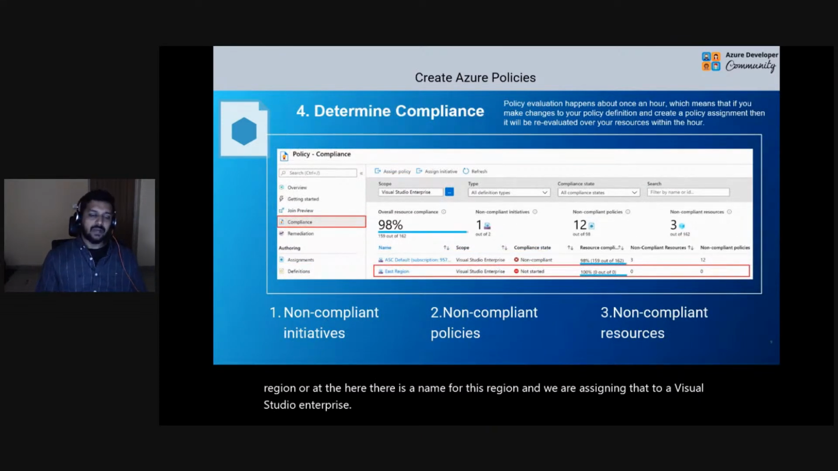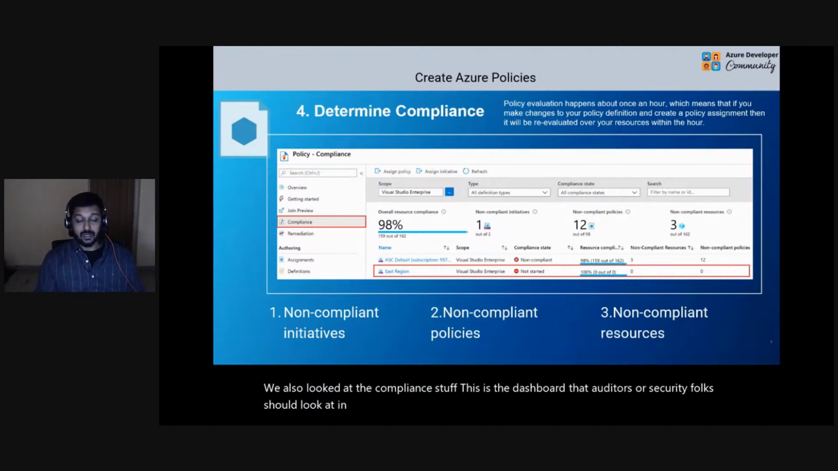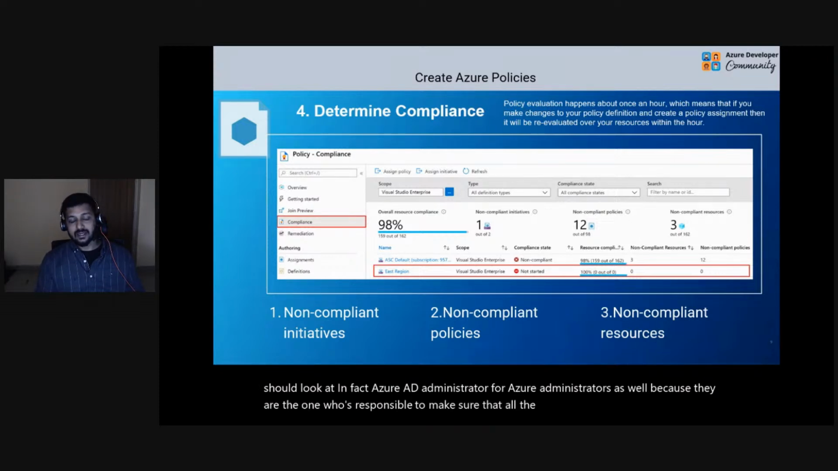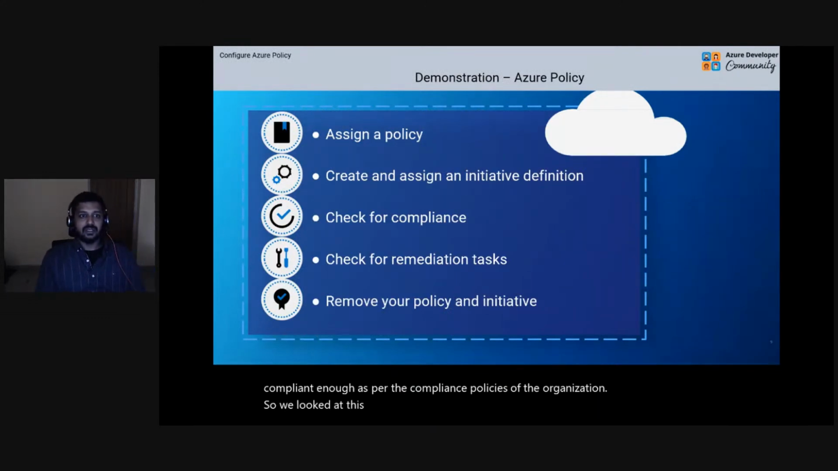We also looked at the compliance stuff. This is the dashboard that auditors or security folks would look at. In fact, Azure AD administrators or Azure administrators as well, because they are the ones responsible to make sure that all the resources created within Azure are compliant enough as per the compliance policies of the organization. So we looked at this, assigning a policy, creating and assigning an initiative definition,